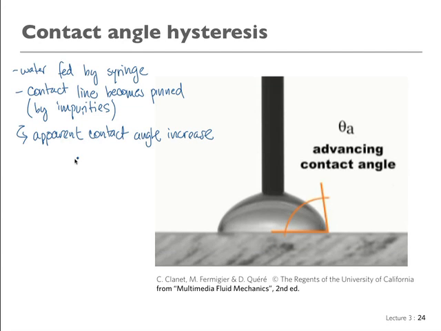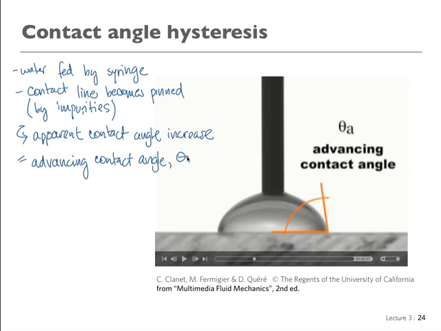So then you have what is called the advancing contact angle, which is the maximum contact angle that the system reaches before the flow continues. So it's the maximum angle until the drop advances, and then as the water is drawn out,